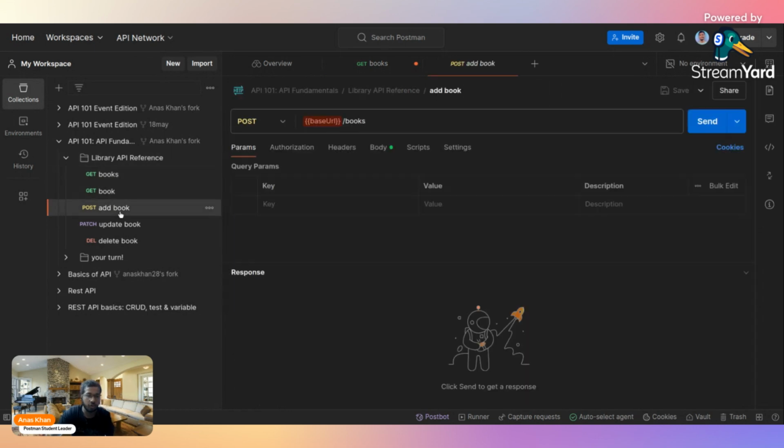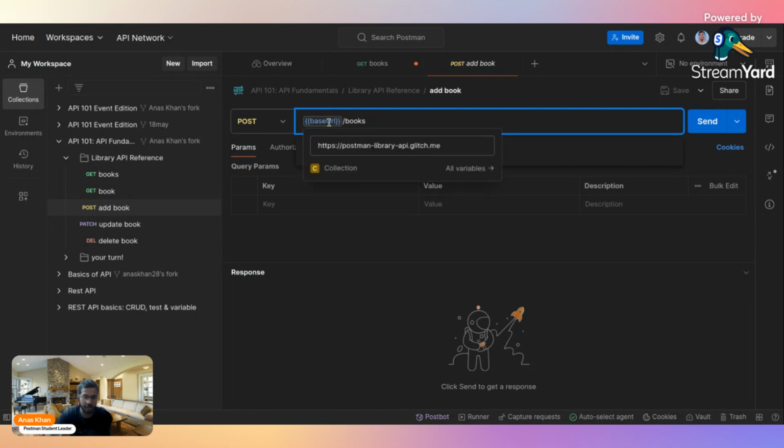And if you want to add a book, suppose अगर मुझे book add करना है तो मैं वो कैसे करूँगा? What I'll do, and what is this base URL? This is like a key value pair. मीन्स अगर तुम्हें जो तुम्हारा एपीआई एंड पॉइंट है उसको तुम्हें एक नाम देना है, तो मैंने इसलिए नाम दिया बेस यूआरएल दिस एपीआई मेंबर्स को. तो एक टाइप का वेरिएबल नेमिंग यू कैन से.